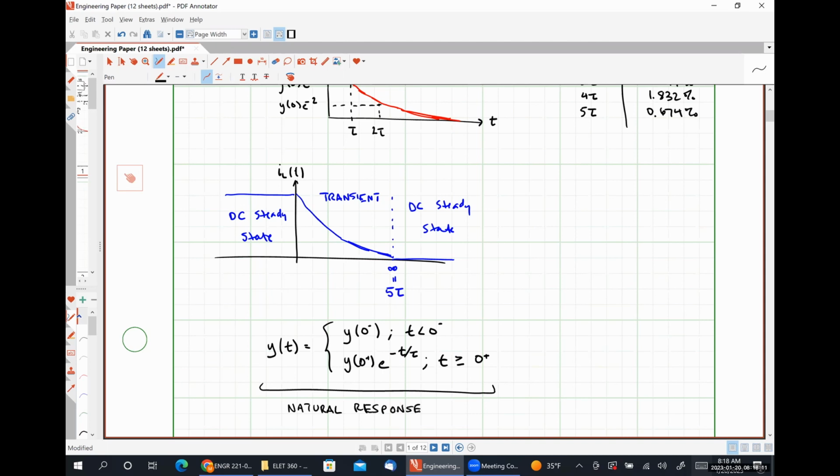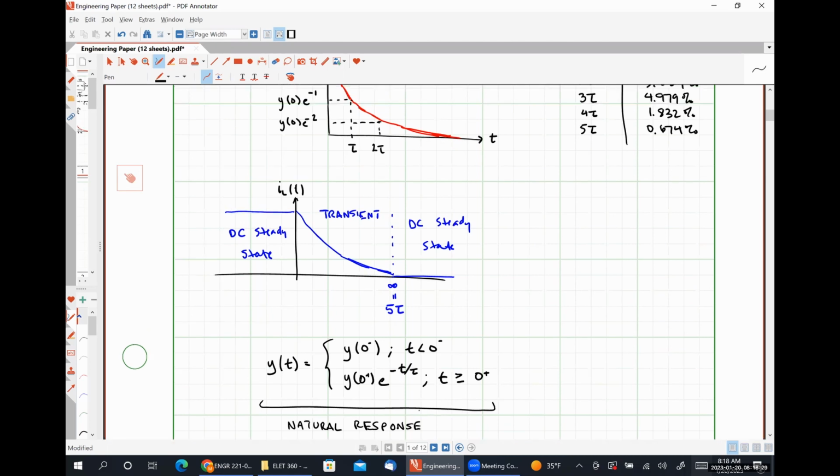It's called the natural response because it's what the system does when there aren't any excitation sources connected to it. So in all of the instances that we dealt with, our sources were disconnected from our energy storage element, right? So if we scroll up here,